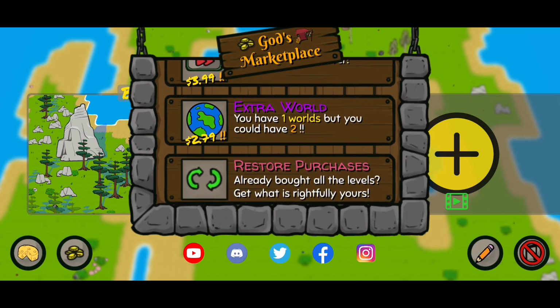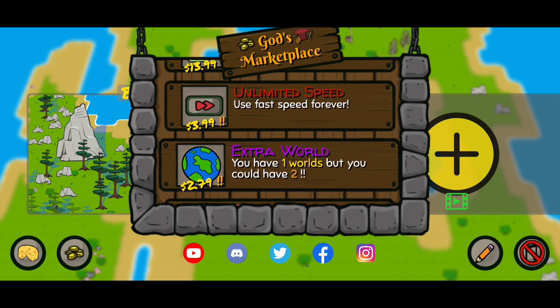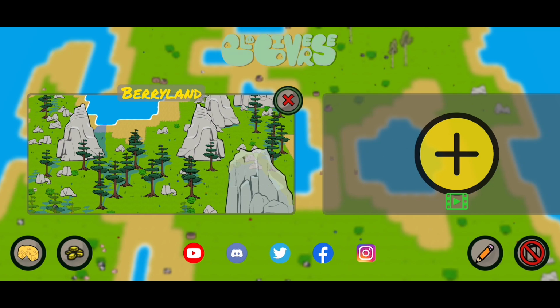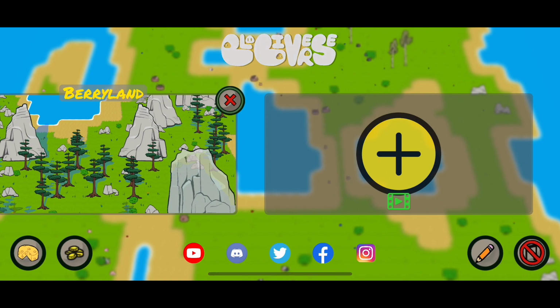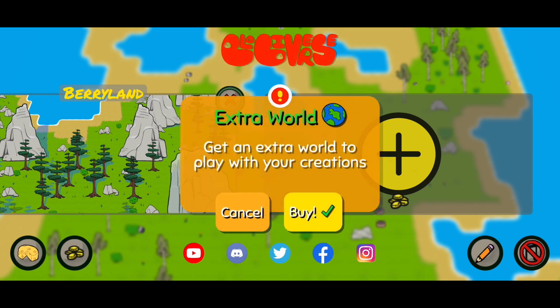So the shop and the advertisements, that's how I can continue working on Blobiverse. So if you guys can, please do get that daily boost experience every day. And if you've got the change, go ahead and buy some of those extra worlds or extra faces as you please. So you're also going to notice that there's actually a purchase, which unlocks